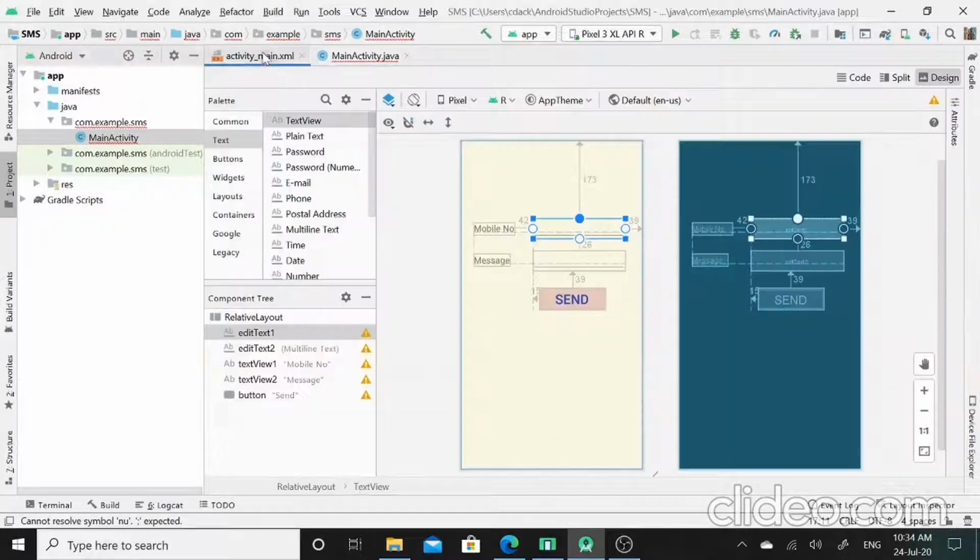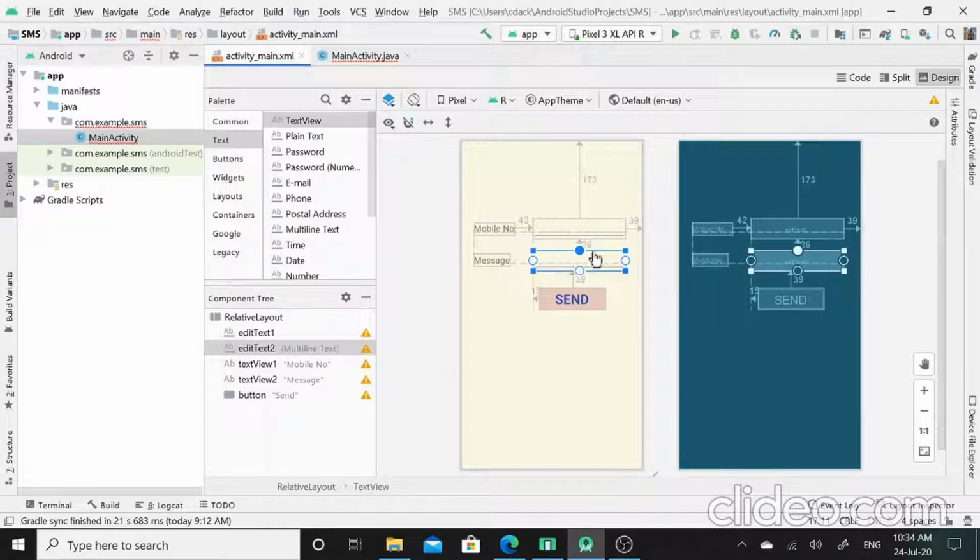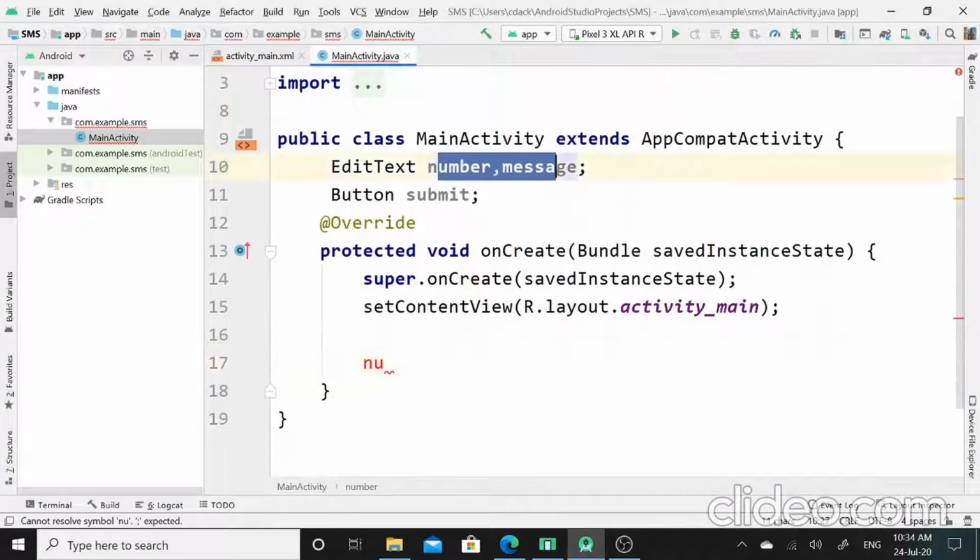Again I will assign its ID, that is edit text 1 and edit text 2 ID for this edit text to the respective reference of the edit text class.